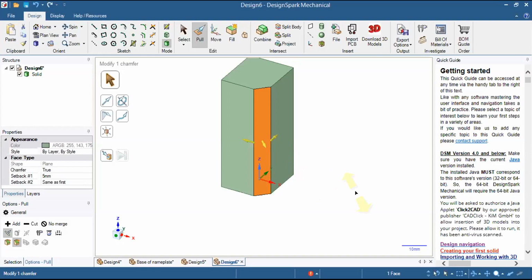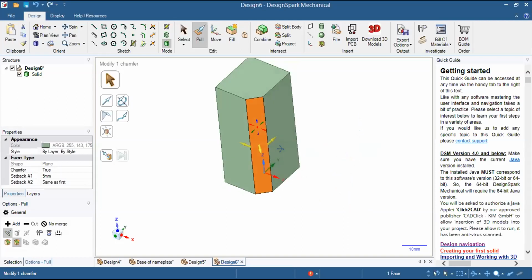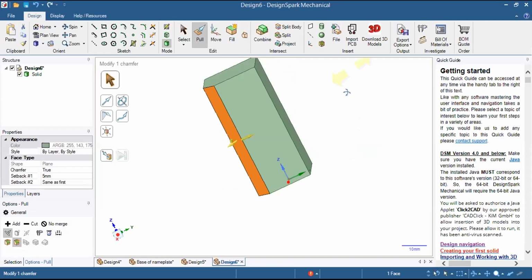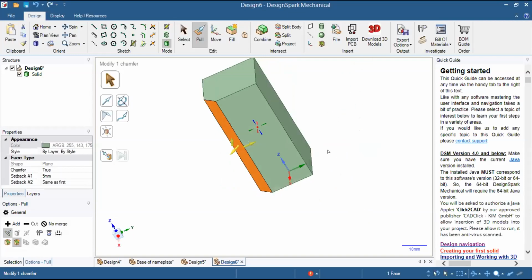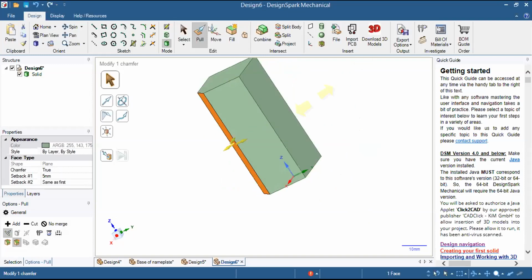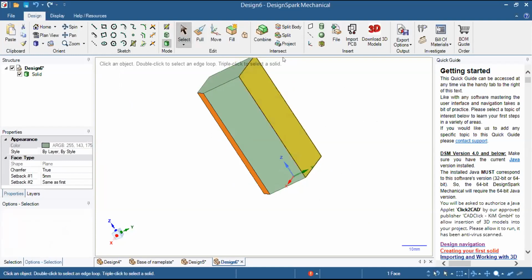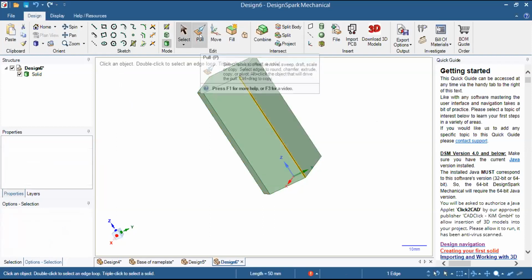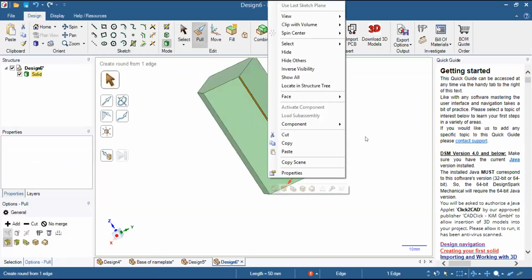Just repeat chamfer. Yes, sir, sure. So I'll do this on the second edge of the rectangle. I will rotate it like this. To make it more clear, I'll first go to select and select this edge in this way, and then I will go to the pull command. Now I will right click over here.